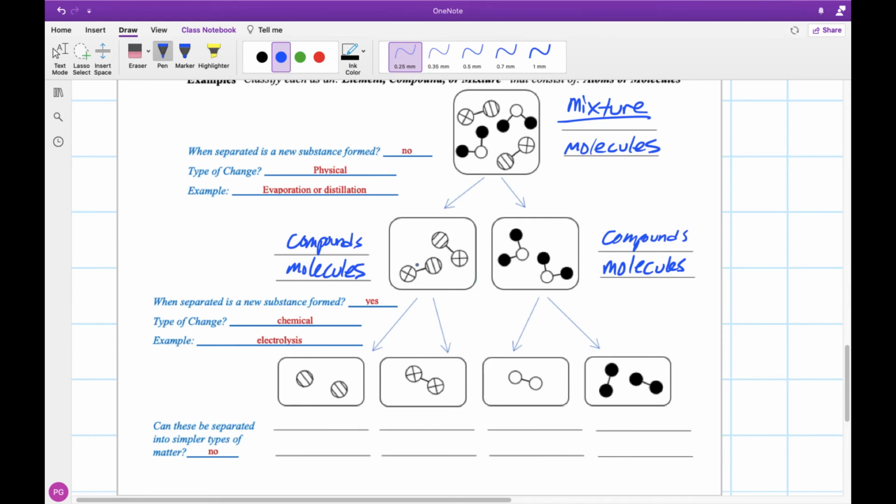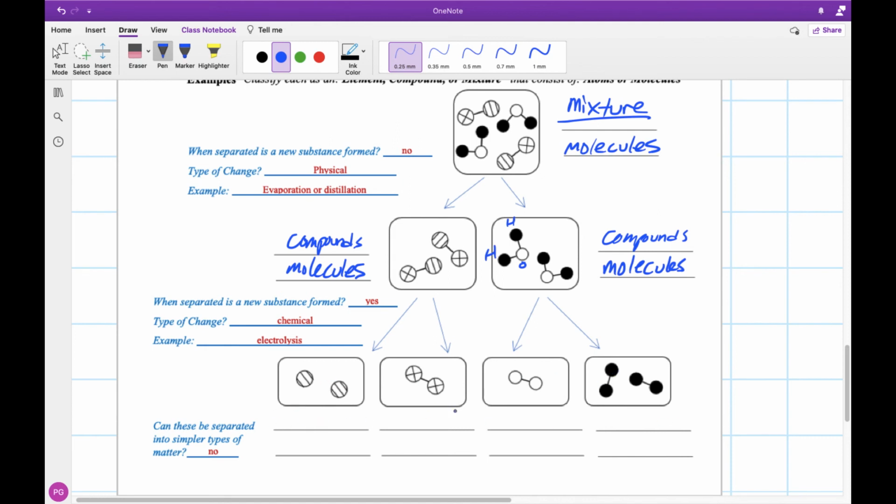When we separate these individual parts, do we get a new substance? Yes. That's because our molecules are now breaking down into atoms. This would be an example of a chemical change like electrolysis. So if these are water molecules, we can run some electricity through them and they can separate into oxygen and hydrogen, if, for example, this is water. Finally, down here,